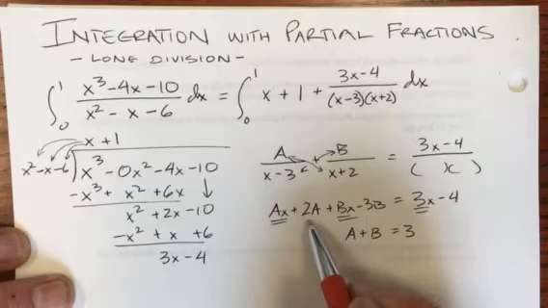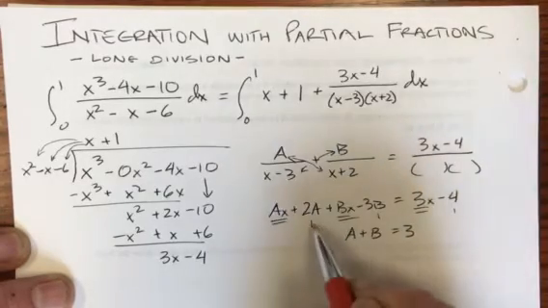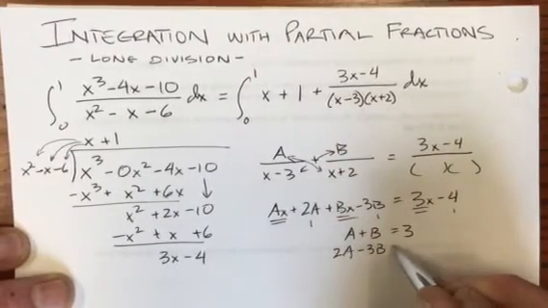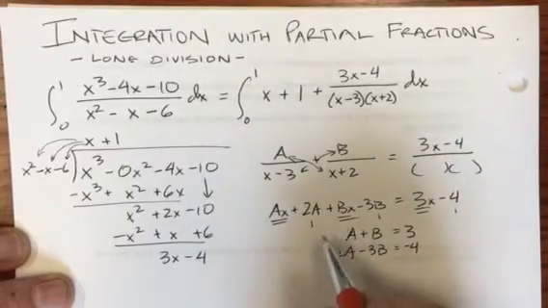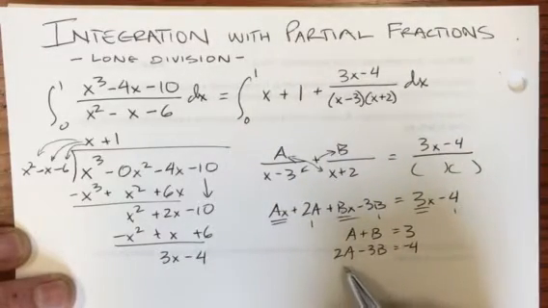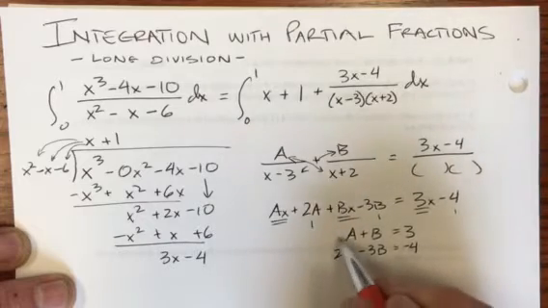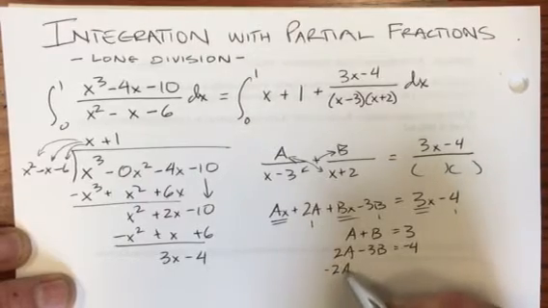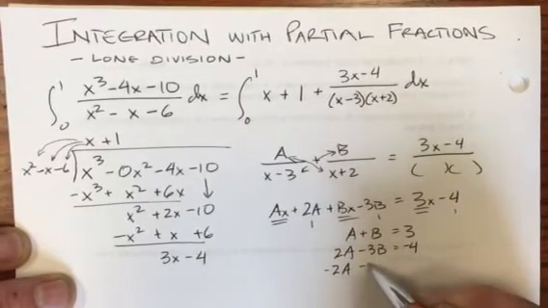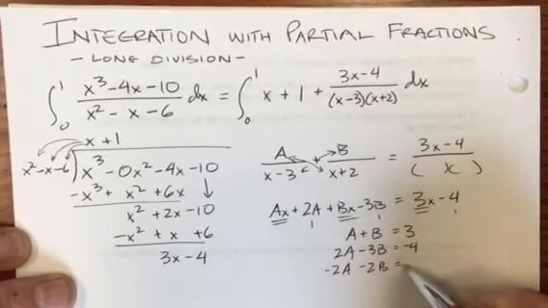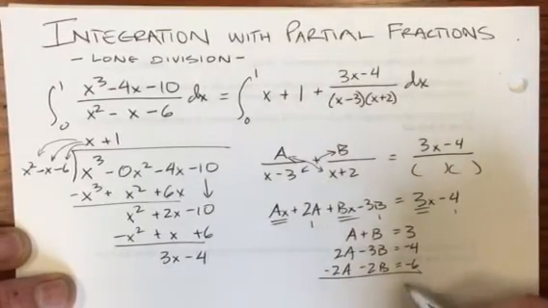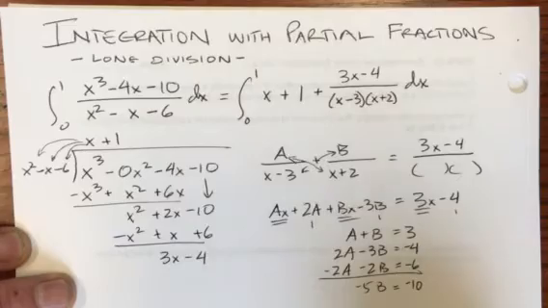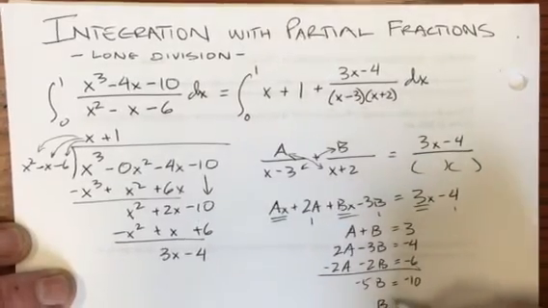And then looking at the constant part right here, and right here, I know that 2A minus 3B is going to give me negative 4. Okay, so I just have a system of equations, two variables, two unknowns. I can double the top and make it negative, so I'll write that down below here. Doubling that, making it negative, 2A will cancel with the positive 2A, doubling that, making it negative, drawing a line, and then linear combination, that's minus 10, that's minus 5 for the B's, and the A's cancel out. So clearly B is equal